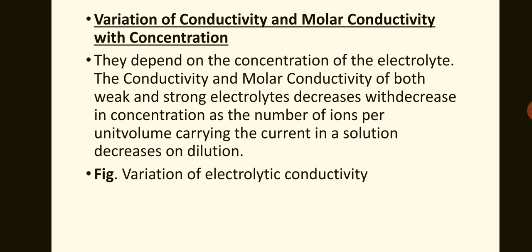If we take a fixed amount of electrolyte and continue increasing the water, then it is called a diluted solution. Or if we decrease the quantity of electrolyte in a solution, then it becomes diluted. So a dilute solution has low concentration of electrolyte, and a concentrated solution has high concentration of electrolyte. If the concentration is high, the conductivity will be high, and if the concentration is low, then the conductivity will be low.